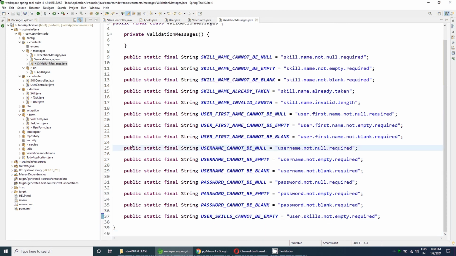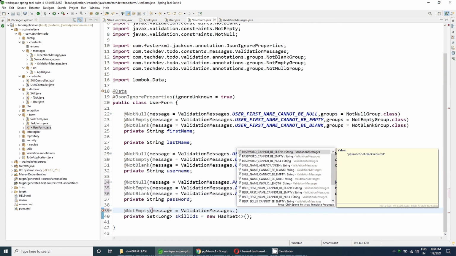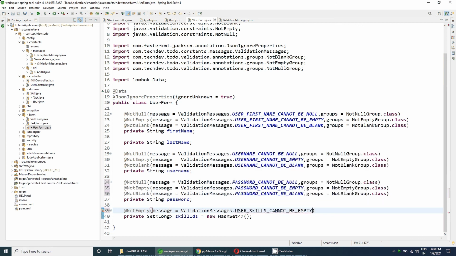So we are done here. Let's add this message here. Message validation message dot user skills cannot be empty, and the group will be not empty group dot class.